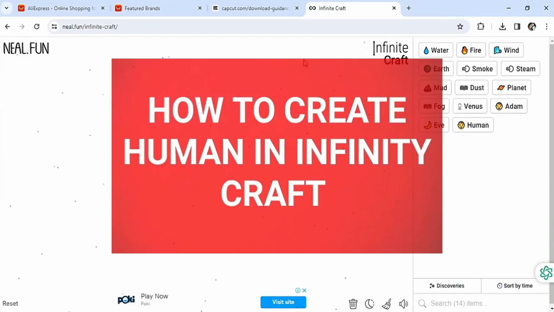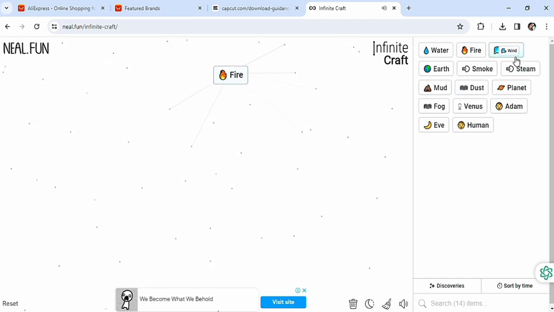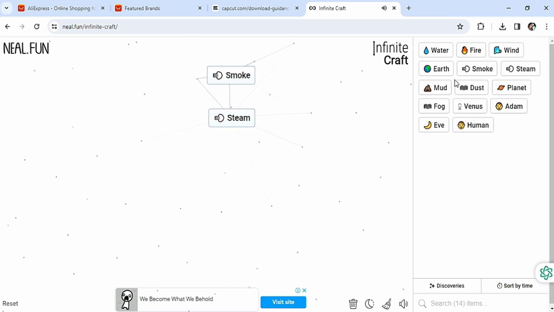So how do you create human here on Infinite Craft? Put fire, wind, get water here, fire to create steam,